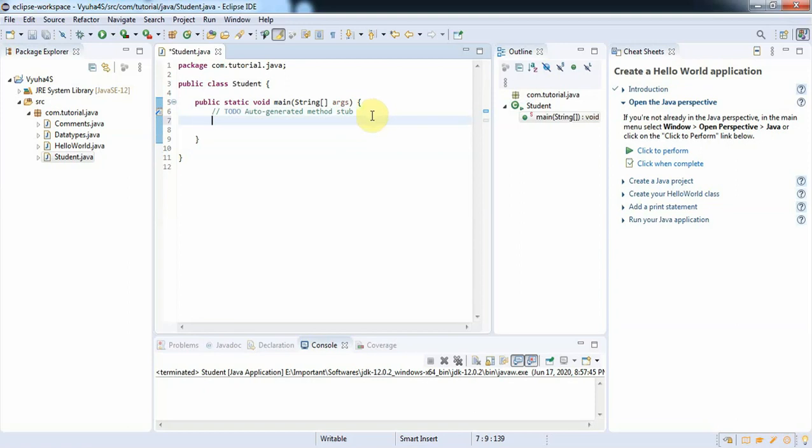Here I'm trying to create a method. So what is a method? Consider Student as a class. First I will create a few variables for the details of a student, like int roll number.